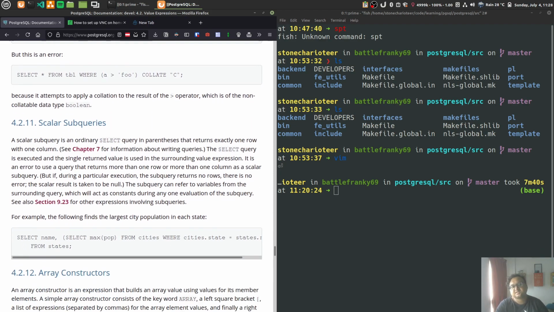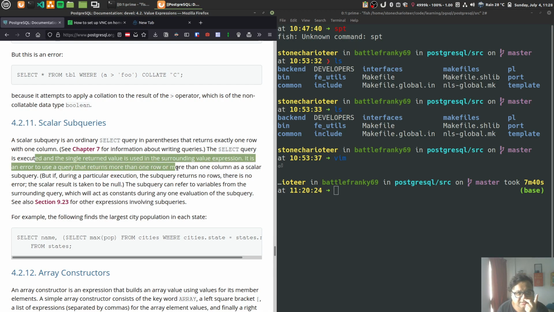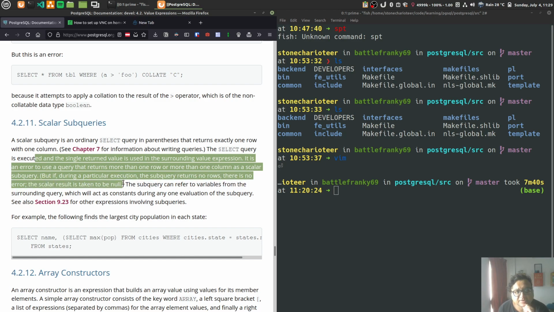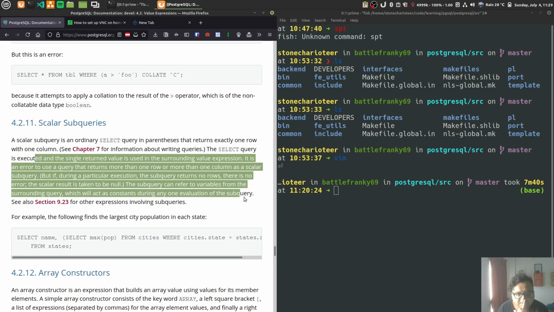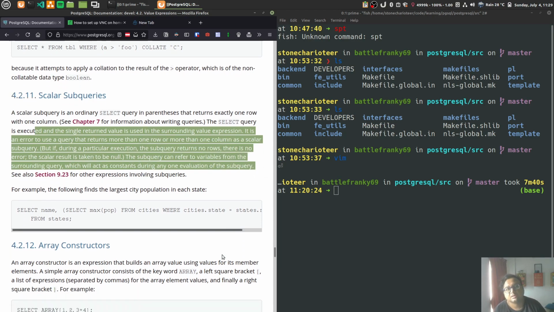Scalar subqueries. A scalar subquery is an ordinary SELECT query in parentheses that returns exactly one row with one column. See chapter 7. The SELECT query is executed and the single returned value is used in the surrounding value expression. It is an error to use a query that returns more than one row or more than one column as a scalar subquery. But if during a particular execution the subquery returns no rows, there is no error; the scalar result is taken to be null. The subquery can refer to variables from the surrounding query, which will act as constants during any one evaluation of the subquery. So